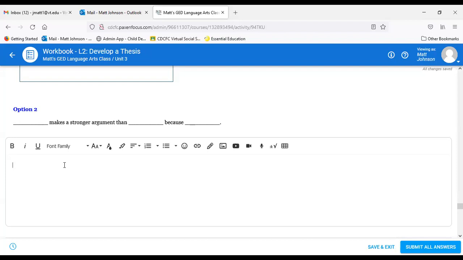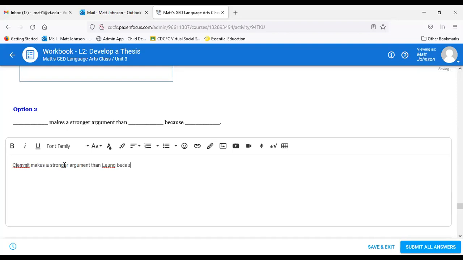Clement makes an argument based on research, but does not include bandwagon. Yeah, there you go. So is it rhetoric? Bandwagon rhetoric. Yeah, perfect. So Clement makes a stronger argument than Liang